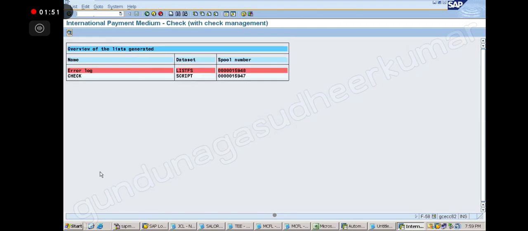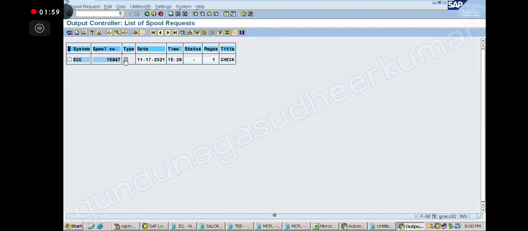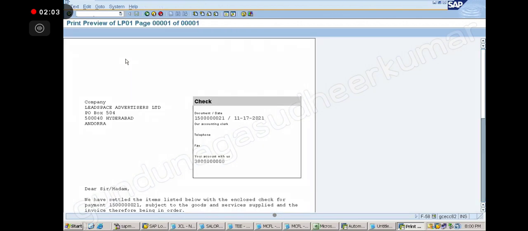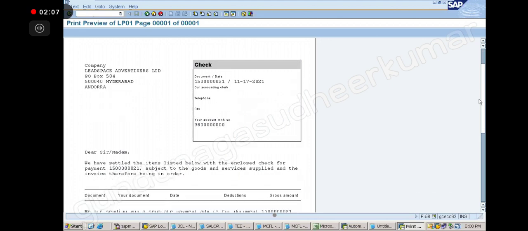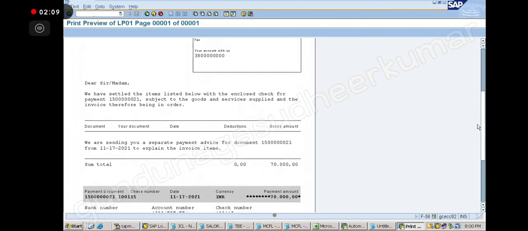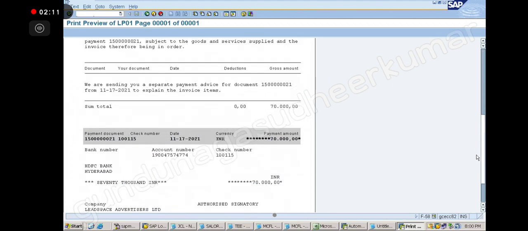Then the check is also there. You see? Check. So if I click on the check now, and if I click on this one, correct, you see? Is it ready to print? Yes.